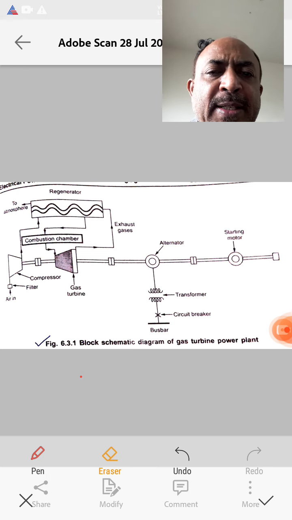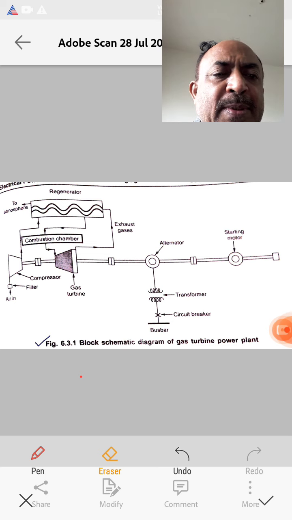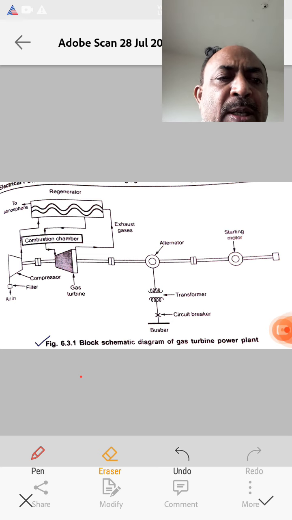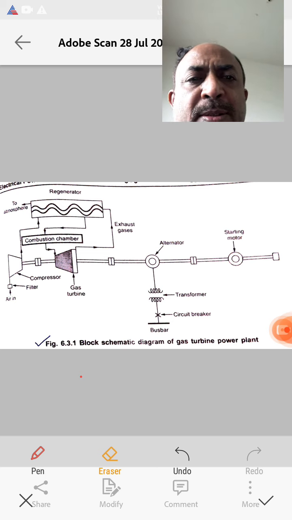The design is very simple. The standby losses are very minimum. Actually, there are no standby losses.